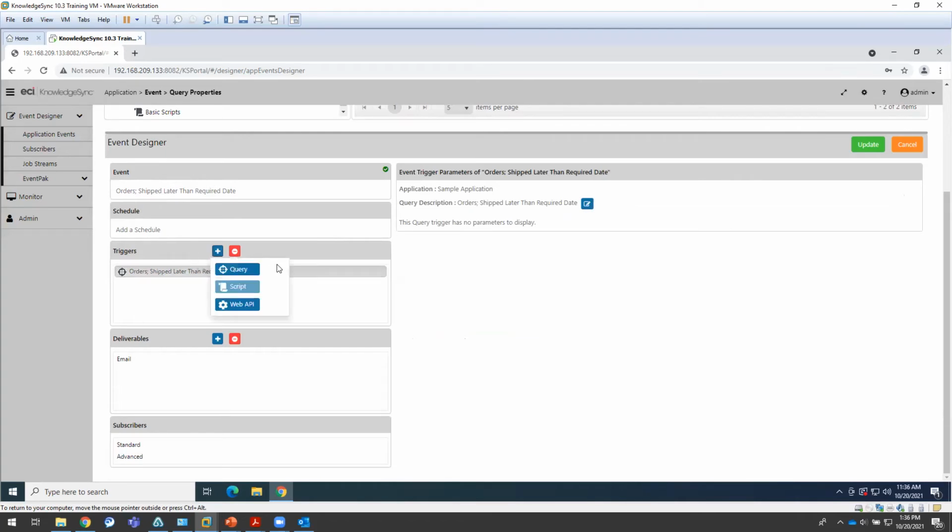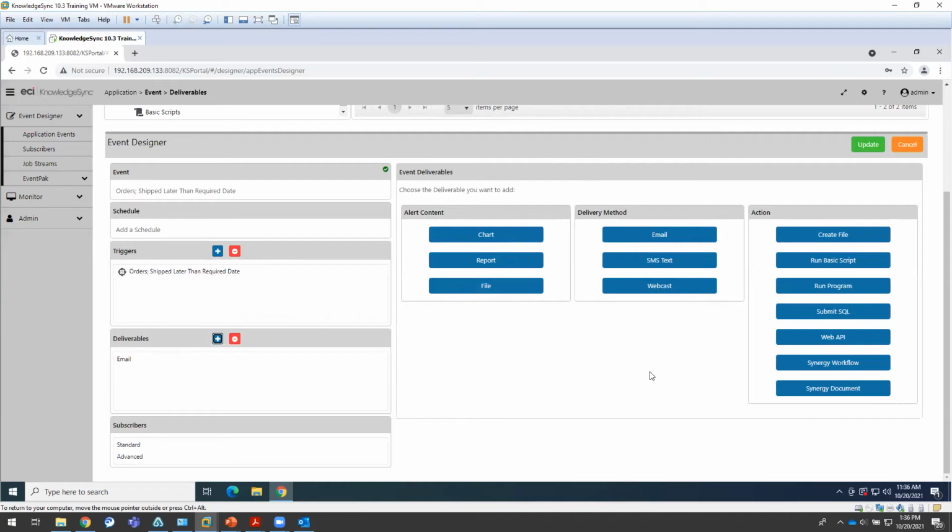The trigger is the query or queries that the event is going to be based on. And as we discussed, you can also pull information out of a web API, or you can pull information out of script, and that's coming soon. That's still not available. It's kind of a placeholder. But the web API is something that customers I'm starting to see engage with, because so many applications are now cloud-based and they give you a way to get behind the scenes with those APIs. So that can be your data source. Your deliverable,